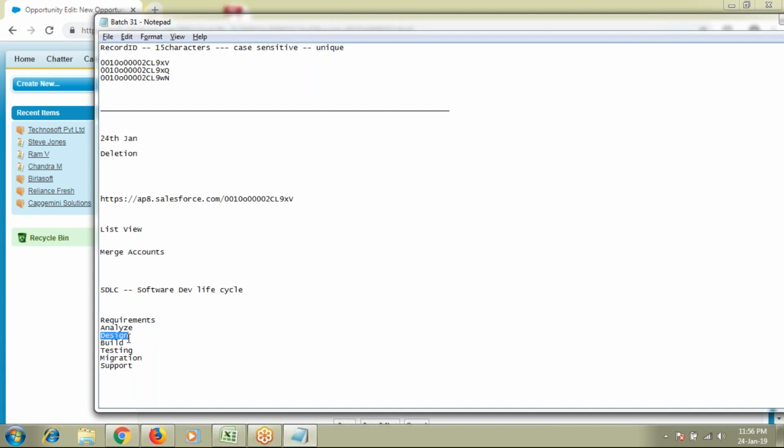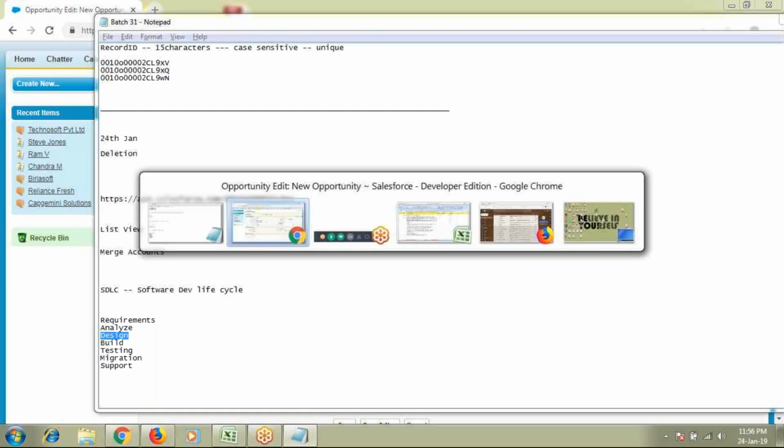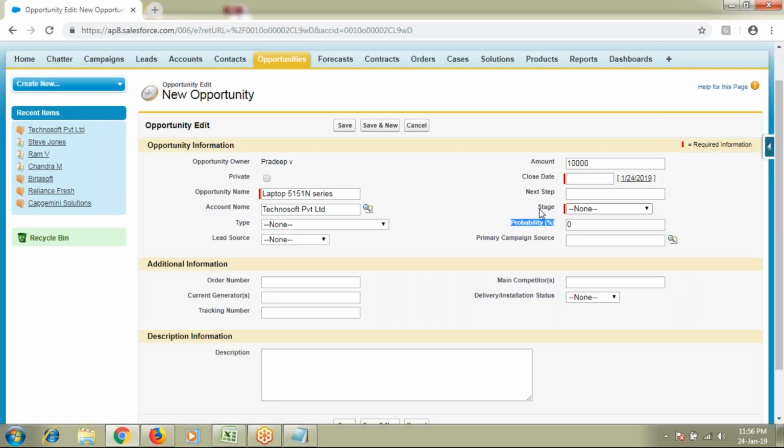In the same way, whenever you are doing deals, there is something called a stage. The entire sales process lies under these stages. These stage values differ from company to company, requirement to requirement, client to client, and project to project.